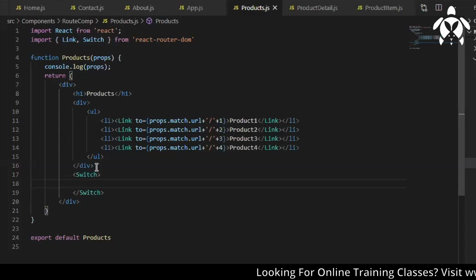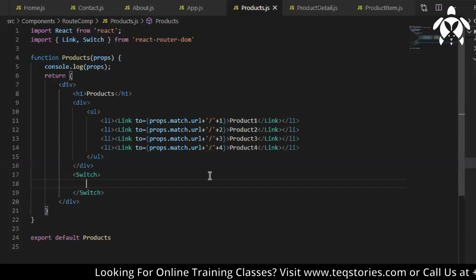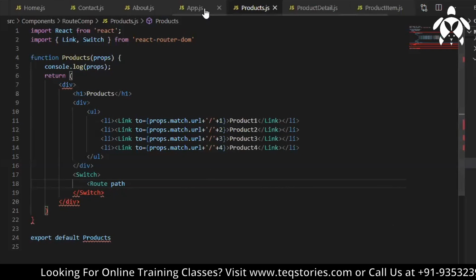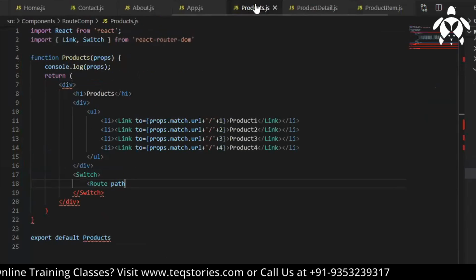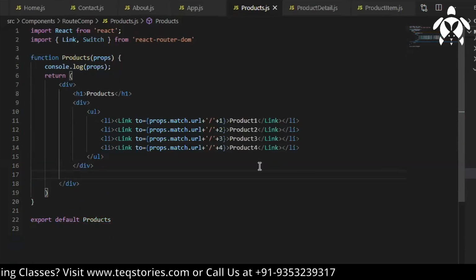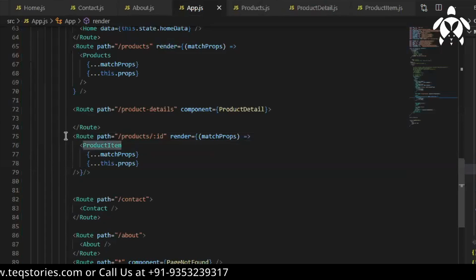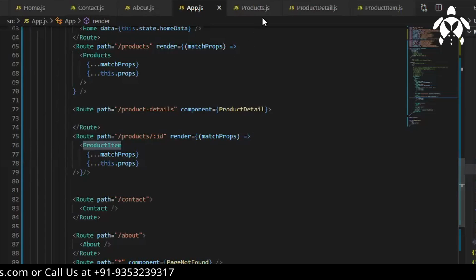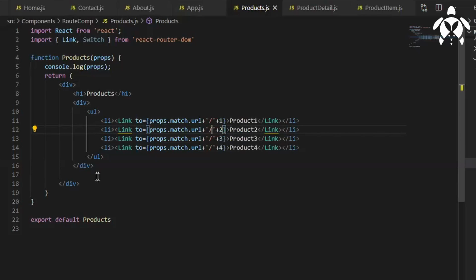So you can display this product item, right? So let's say I'll write a route. Or you can do it down below over here if you want to remove this and have it just below the products. I mean, on the same products page, you want to show the details when you click on the product, you can do that.